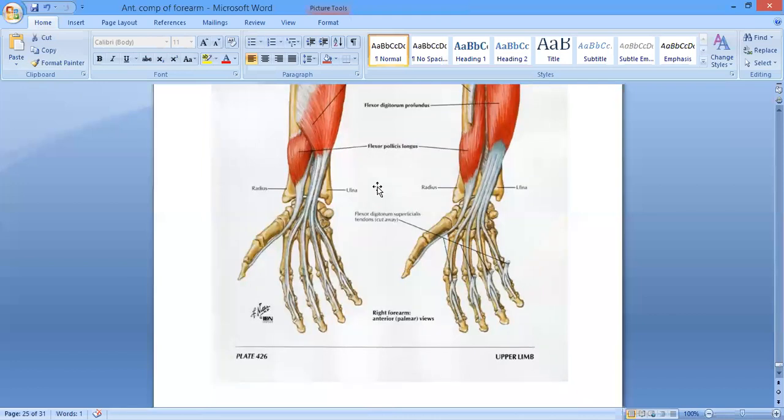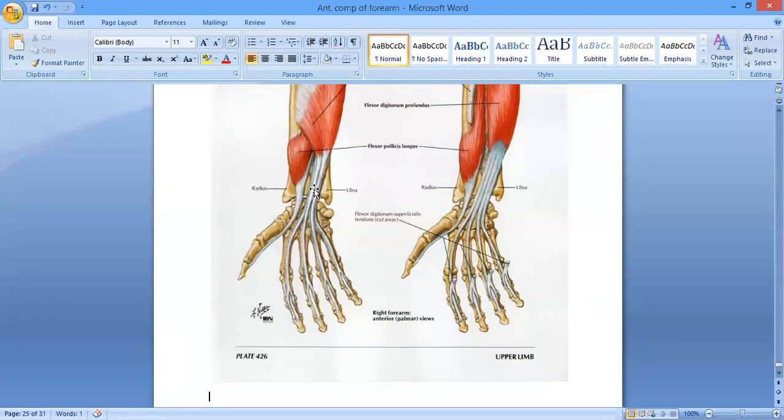Okay, now its insertion. In the wrist, in the lower part of the forearm, it is going to give the four tendons for the medial four fingers. ठीक है जी? बेटा, इसको जरा गौर से देखिएगा, ठीक है? These tendons will pass along with the tendons of the flexor digitorum profundus, right? In the common synovium through the carpal tunnel.